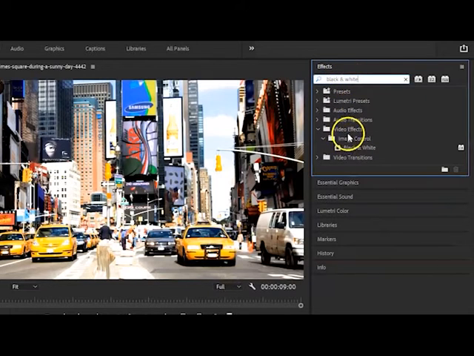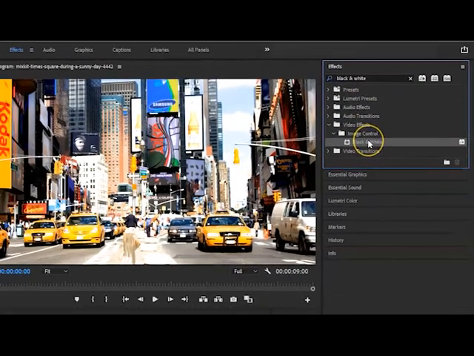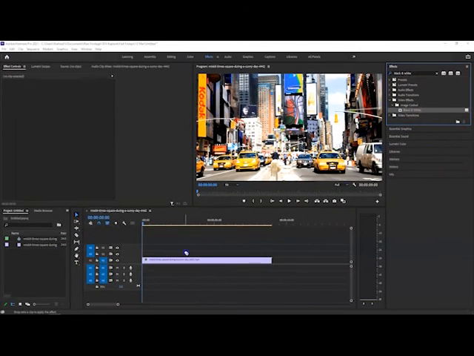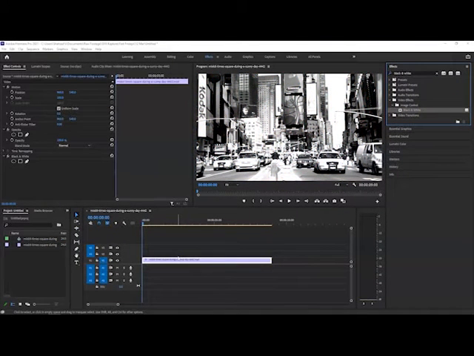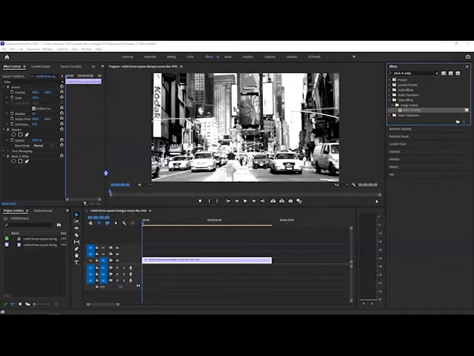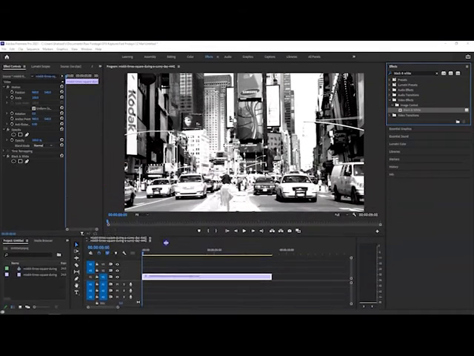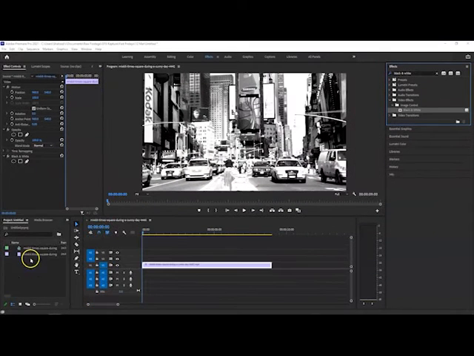Or you can find it under video effects, image control, and black and white. Now simply drag and drop the effect on your footage, and boom, it is done. That's all you need. Now you can make further changes into it, like by going into the effect controls and